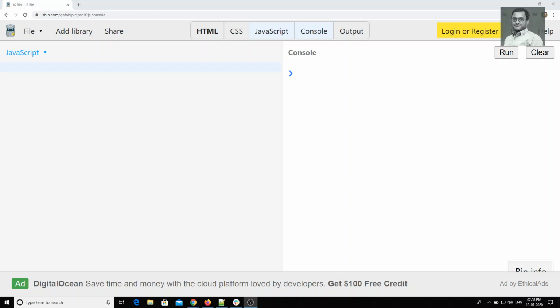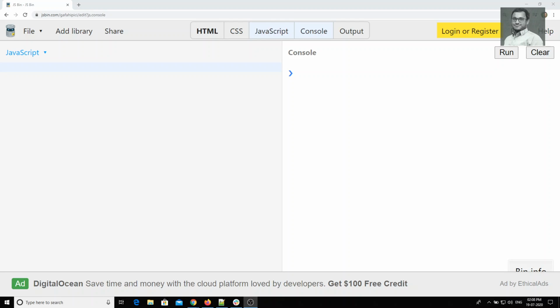Hi friends, up to now you have seen all the basics of JavaScript that we have completed. Now we will go into the important concept that we will mainly be using in JavaScript, the window object model, that is nothing but the Document Object Model. The Document Object Model is very important in JavaScript, where we can manipulate the HTML through the document object. We can also call it the DOM, that is nothing but Document Object Model.